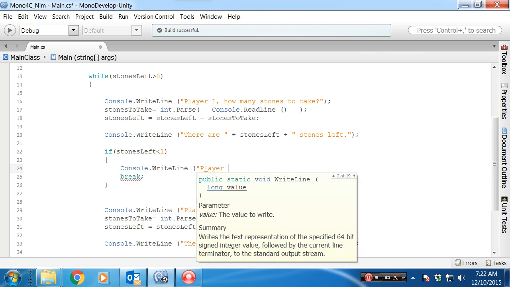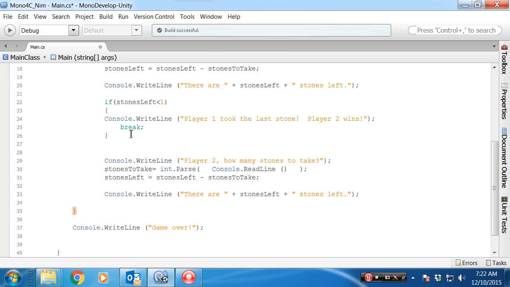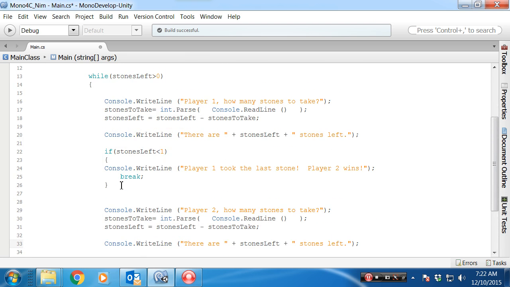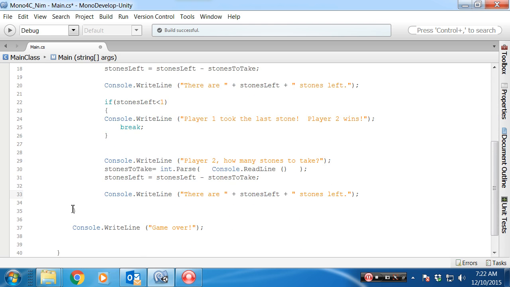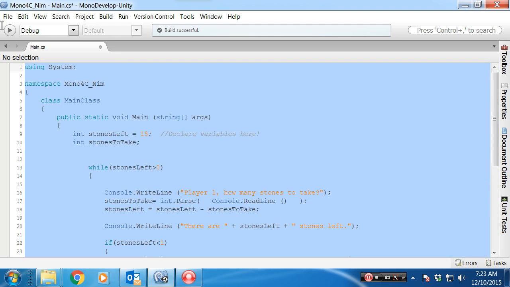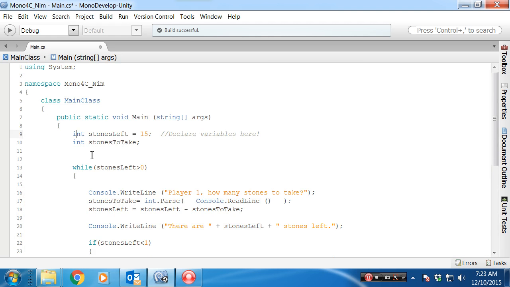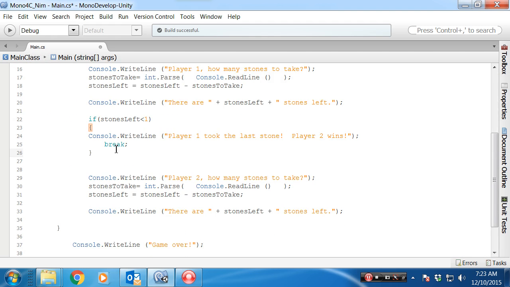And player 1 took the last stone. Player 2 wins. Okay. And something's way off with my curly braces. I got 2 tabs down here. Oh, because my while loop should not have been tabbed in. Okay, there we go. The while loop is part of main, and then all that's tabbed in. Now everything should start